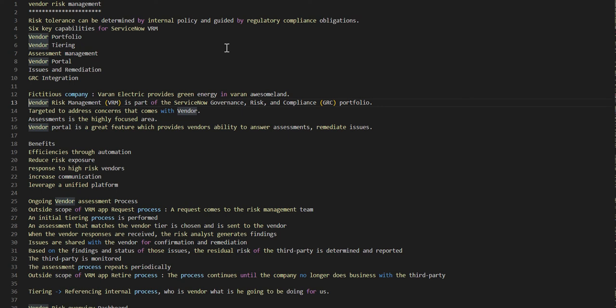It is targeted to address concerns that come with vendor. It has 6 capabilities: vendor portfolio, vendor tiering, assessment management, vendor portal, issues and remediation, and GRC integration. Out of all these, assessments is a highly focused area, and vendor portal is a great feature which provides vendors ability to answer assessments and remediate issues. And the benefits, we are bringing efficiency through automation, reduce risk exposure, response to high-risk vendors, increase communication, leverage a